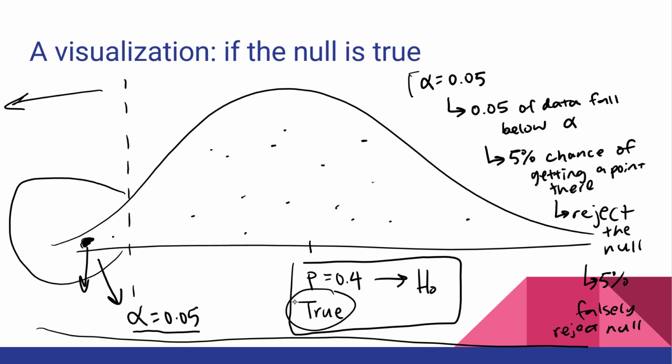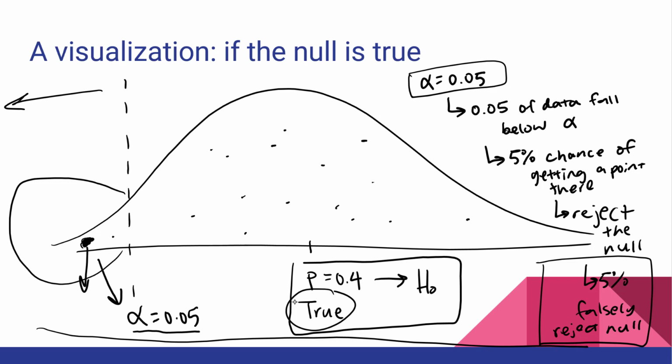So because we set our alpha value as 0.05, there's a 5% chance that we falsely reject the null. And what is it called when we falsely reject the null? So if our null is true and we reject the null, that is a type 1 error. So putting that all together, your alpha value is 5% here, and your alpha value is your probability of making